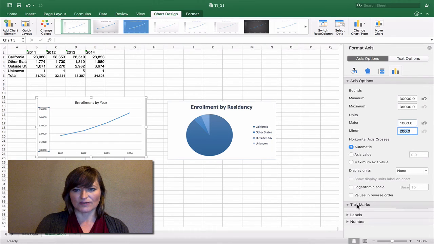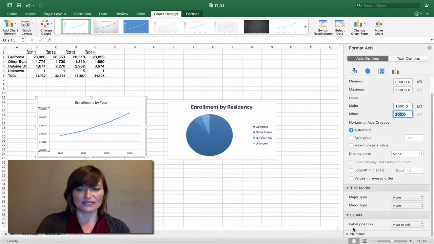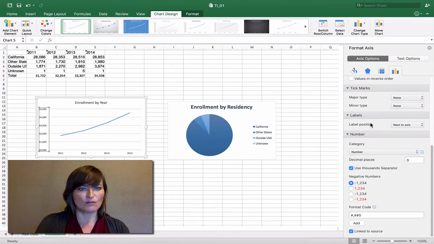Let's just have a look at what else we've got here. So it's asking us what sort of tick marks we want, and we've said none. It's asking us if we need to label it, and it's asking us what number we want. It's a good job that we don't have decimal places. Decimal places would be silly in this situation, and again would just be adding clutter. All right, I feel we've done well in that dialog box.